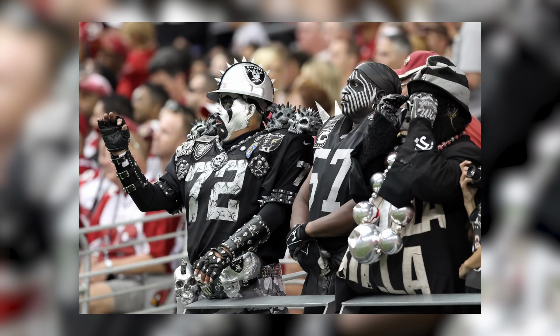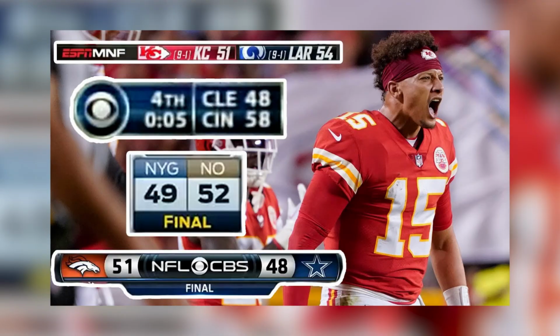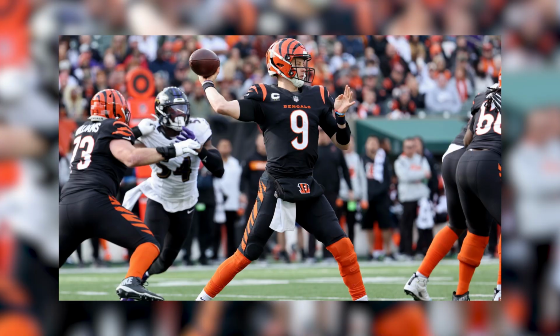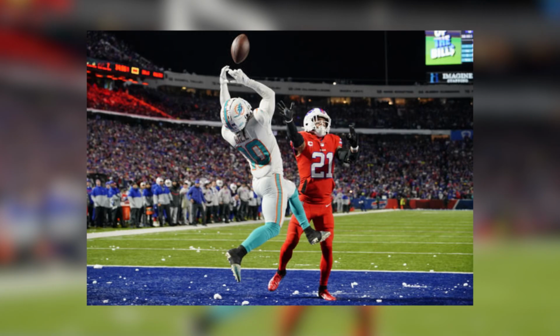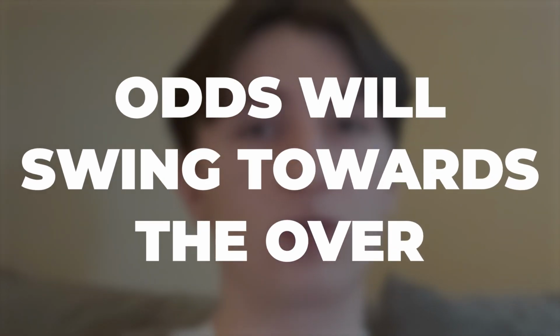So if you're going to a football game, say, you're probably more likely to bet on what you want to see happen, which is a high-scoring, entertaining game. So you're probably going to bet on the over on points. Or you might bet on the over on passing yards, or the over on receiving yards, or over on touchdowns thrown. All of these different things lead people to bet on the more entertaining event, which is usually the over. So oftentimes the market will be more saturated on the over than the under, which will lead the odds to swing towards the over instead of the under, giving you a mathematically profitable betting opportunity on the under.